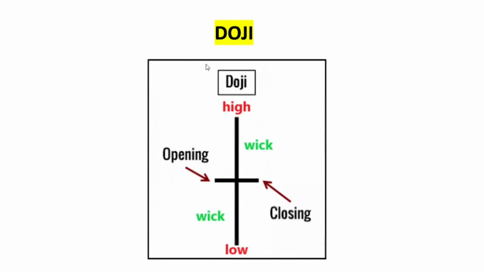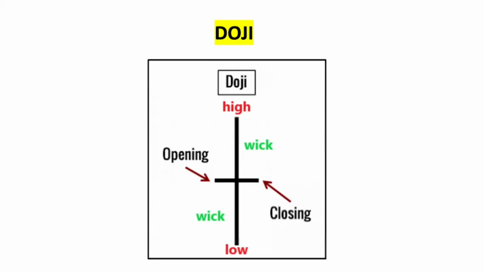The third candle is the doji. Doji is a very important candle, because a doji represents price reversal or the strength of both sellers and buyers. Whenever a doji happens, there is a price reversal in the chart. So what happens? A doji will be like big wicks with a small body. There will be a very small body, opening and closing will be very close, and there will be big wicks. Big wick means there is a huge price rejection.